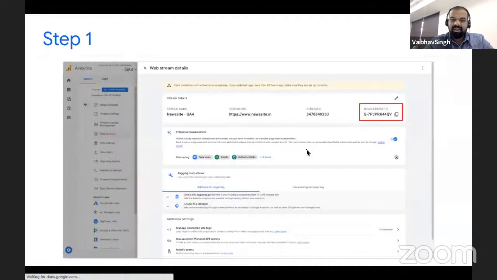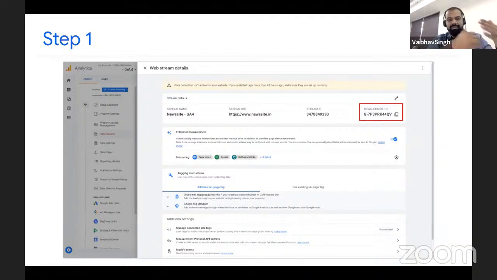So what to do next? In AMP analytics, there were two parts. One, a script that used to go into the AMP head, and then a body code that used to go inside the body section of my page. Where is the change? The change only needs to be placed inside the body section. We don't need to change anything in the head section.